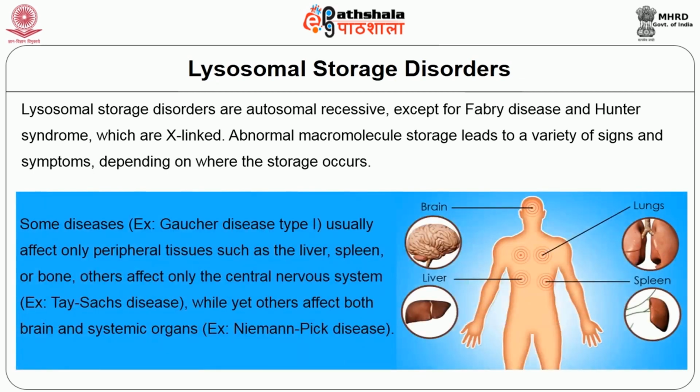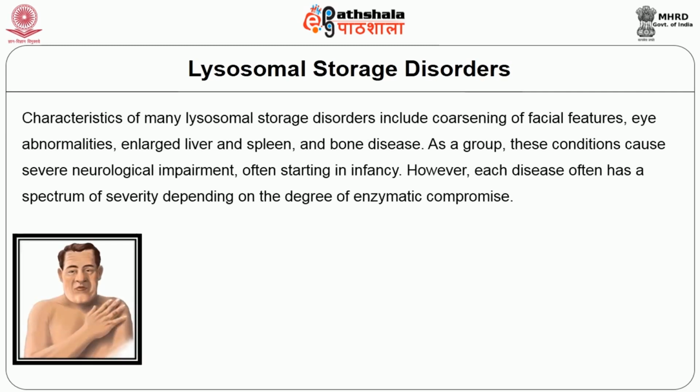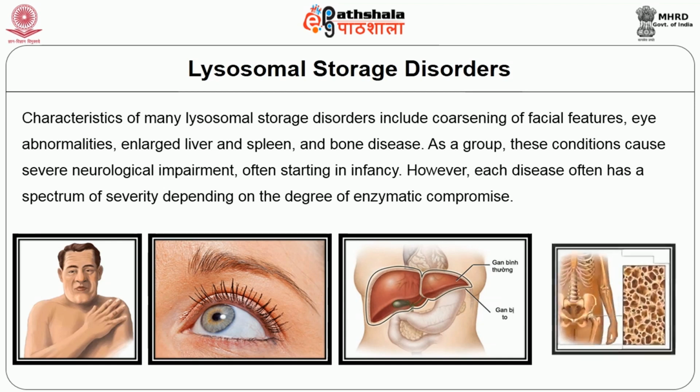Some diseases, for example Gaucher's disease type 1, usually affect only peripheral tissues such as liver, spleen, bone, and others. Others affect only the central nervous system, just like Tay-Sachs disease, while others affect both the brain as well as the systemic organs, like Niemann-Pick disease. Characteristics of many lysosomal storage disorders include coarsening of facial features, eye abnormalities, enlarged liver and spleen, and bone